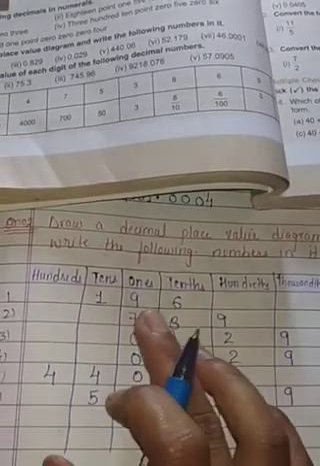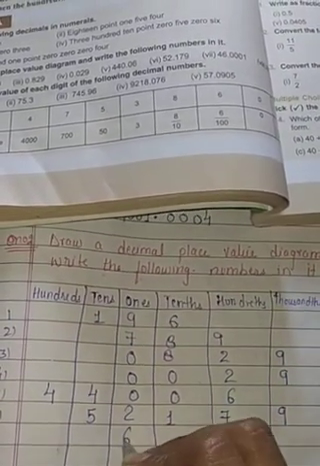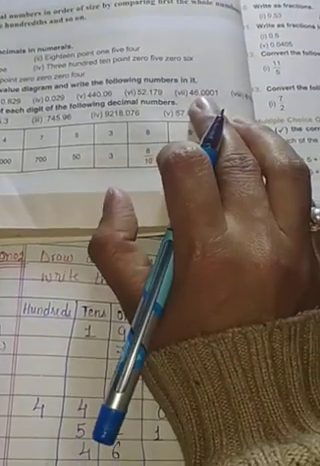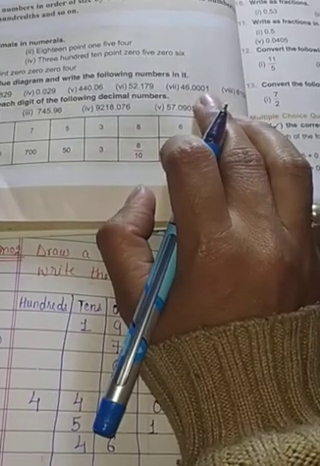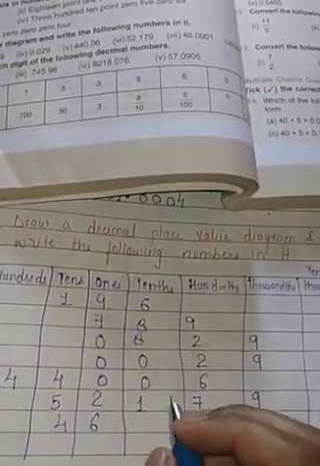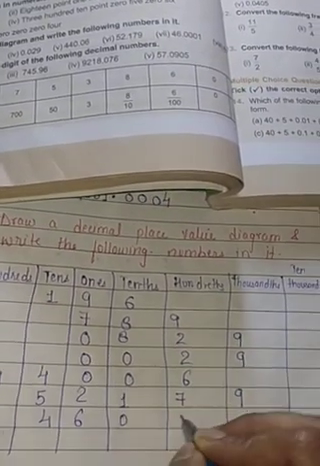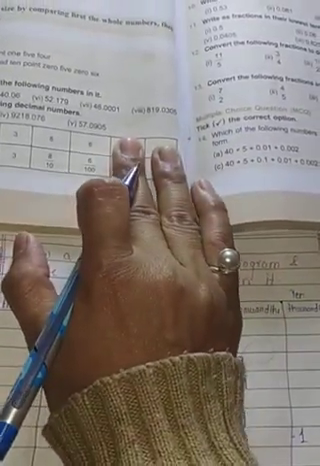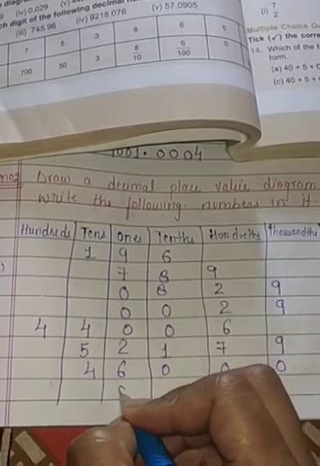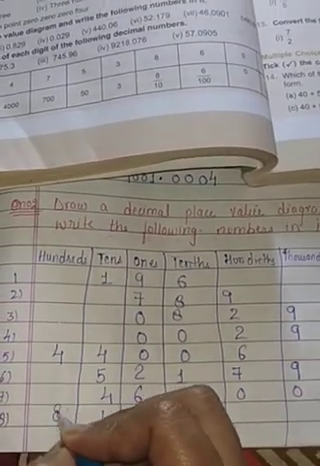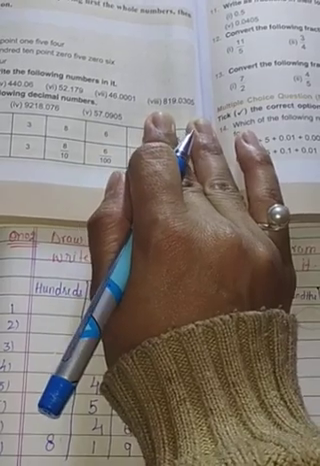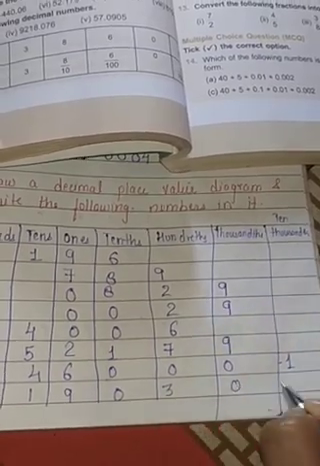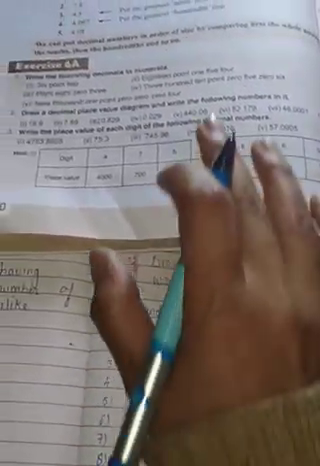Okay, now 46.0001. So, beta, ones place which number? That is 6. Tens place, that is 4. Now this side after the point we will write tenths, hundredths, thousandths and ten-thousandths. So we will write 0, 0, 0 and this is 1. Last is 819. So we will start from 9. This is 1 and this is 8. And here what will we write? 0305. So we will start from here, 0305. I hope you are able to understand this table.